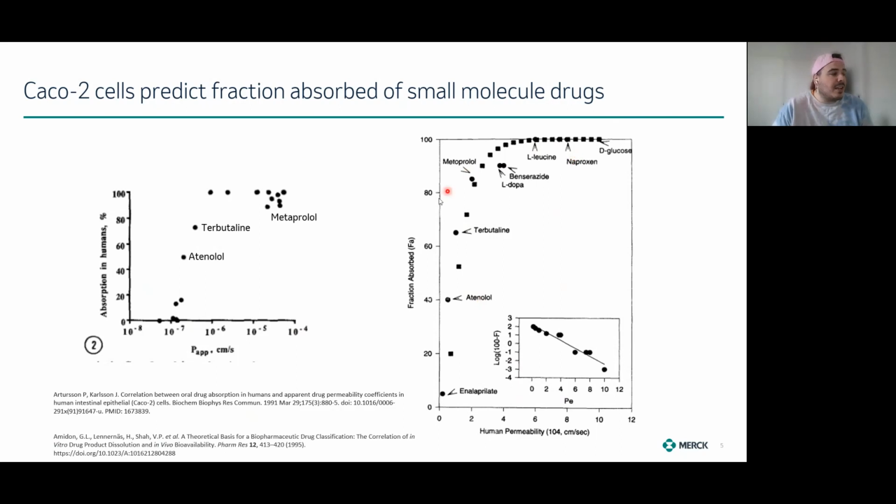So they were able to characterize the fraction absorbed. That's what we dose, the amount that gets past the intestine. That's what we're trying to figure out there. That's what the fraction absorbed is, and we were able to correlate that against the human permeability factor, so the